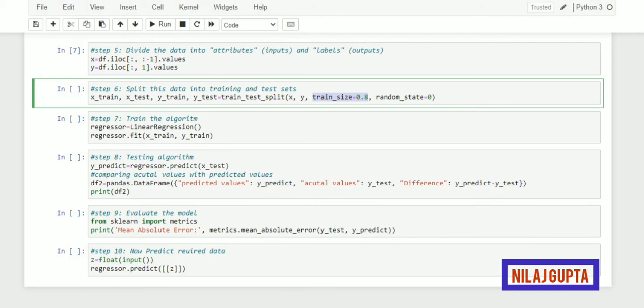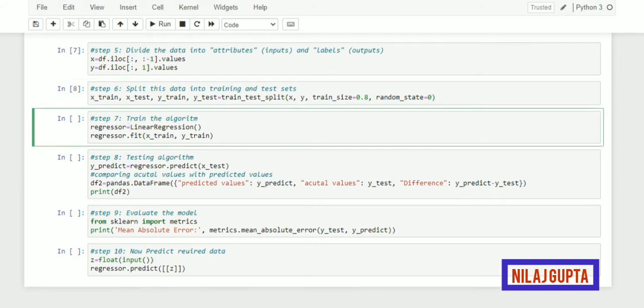This will be the same as train_size 0.8. And random_state equal to 0 means I am telling the function train_test_split not to use random rows. It will just take the starting 80% of rows for training, not random rows. If you do not pass this parameter, then this function will take a random 80% of the data for training. Now I will run this block.